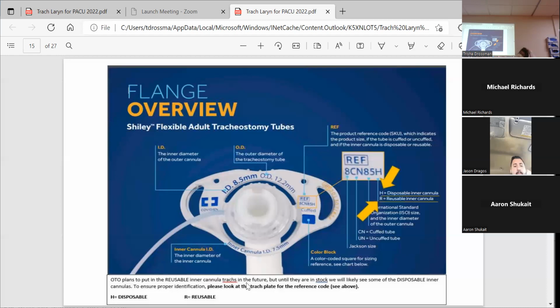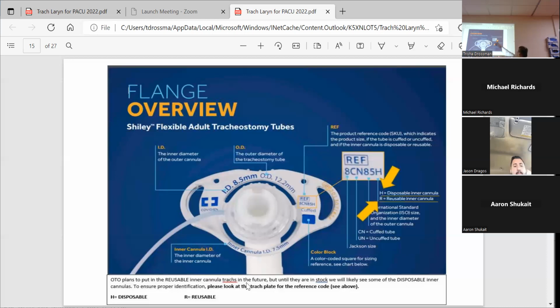But there's a lot of patients that have bad insurance, and their insurance might not cover the disposable. They might only cover the reusable, and I think that's why they're doing that. Or maybe in the immediate period we're using the disposable because we're changing it so much. I'm not quite sure what the difference is, but as far as I know, unofficially, the inner cannulas are interchangeable. I mean, it will go in, nothing bad is going to happen,